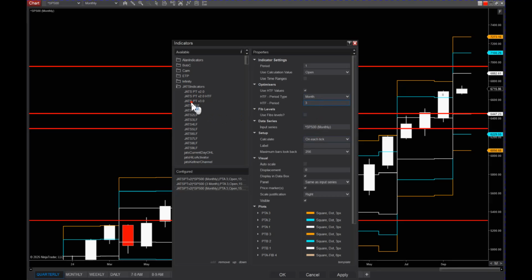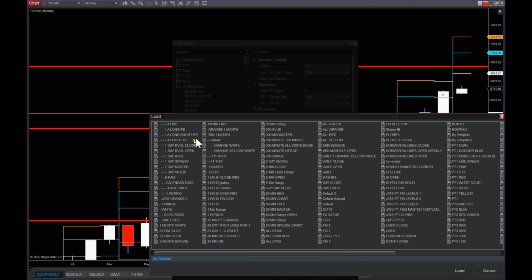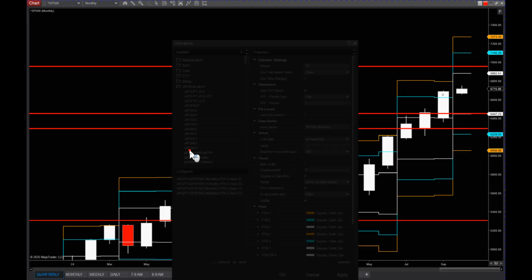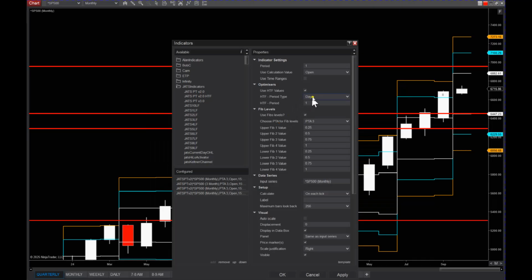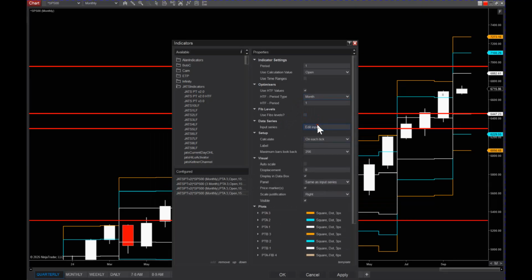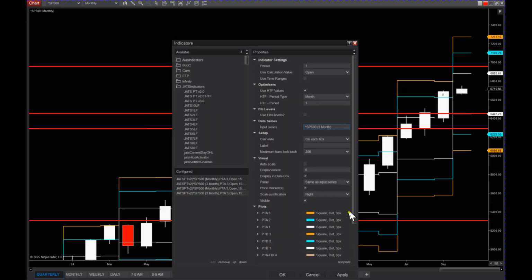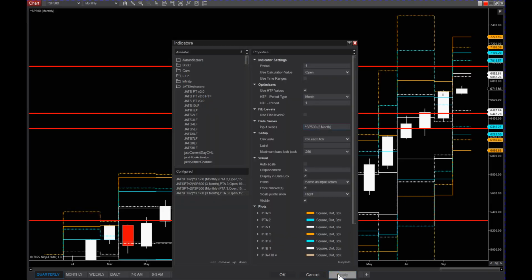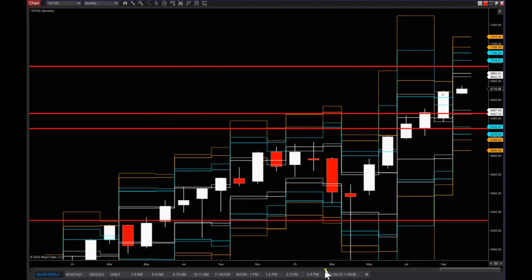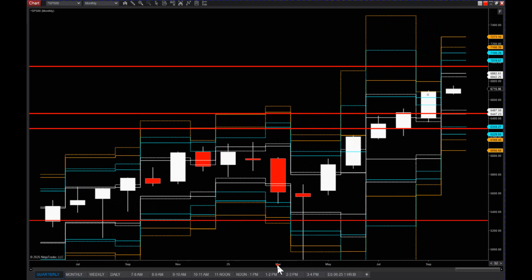Okay, and then add one more. This time I'm putting it on the 3 month bar, which changes it from a 1 month to a 3 month open. So there's that little gap. Okay. So this fills in the monthly gap,